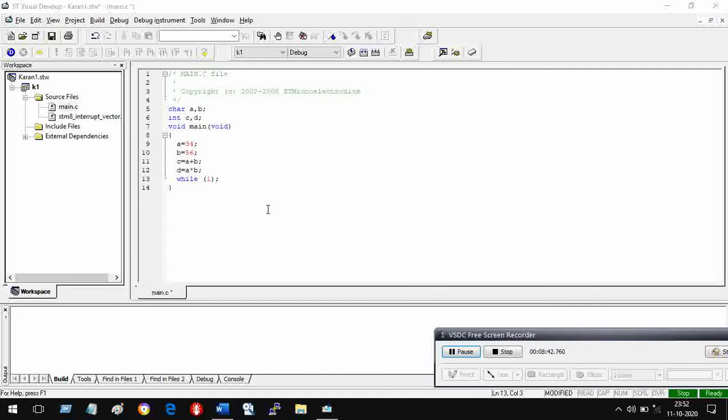Now I want to use the debugger. So I say here I had two options, release or debug. When you are developing a program, you keep it in the debug mode. And after completely debugging, debug means what? There may be errors in writing the program.